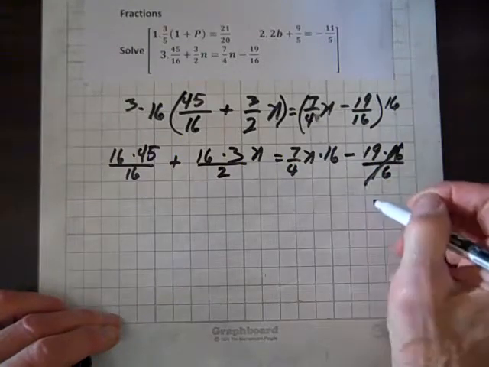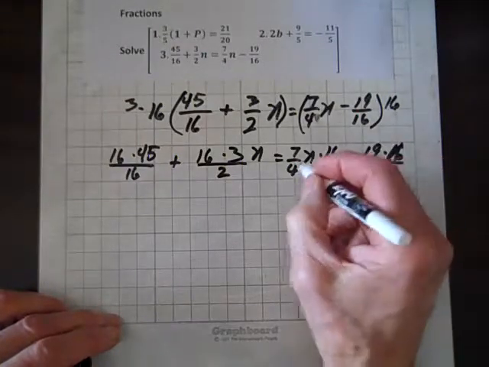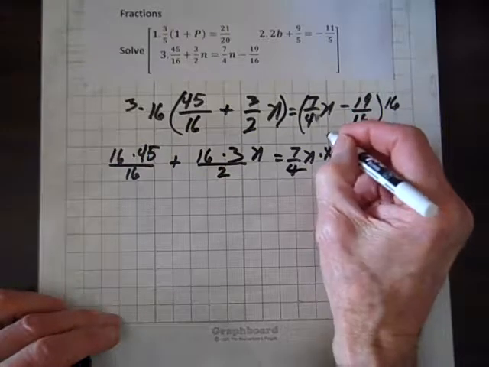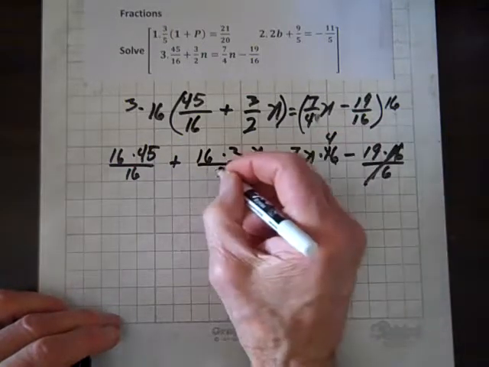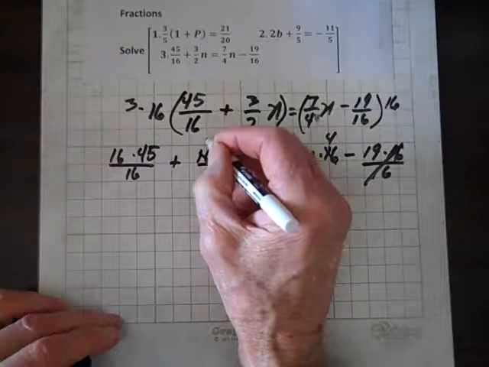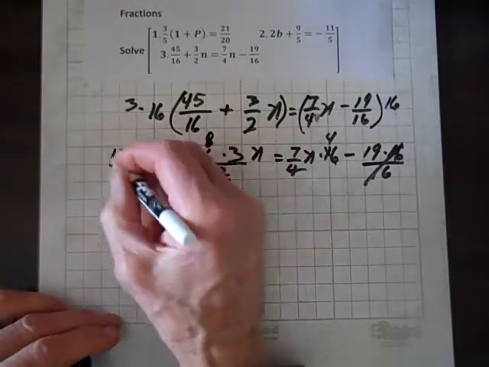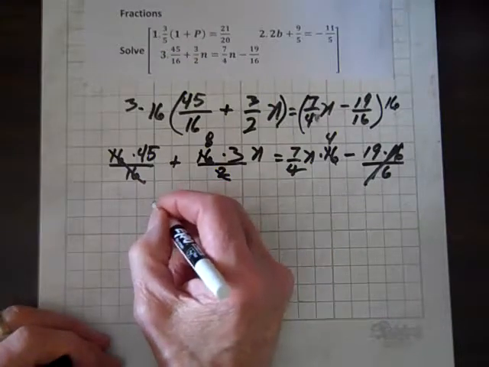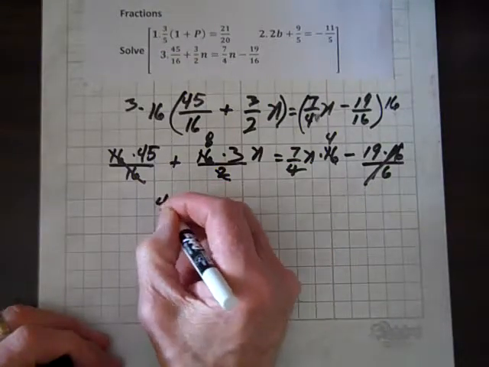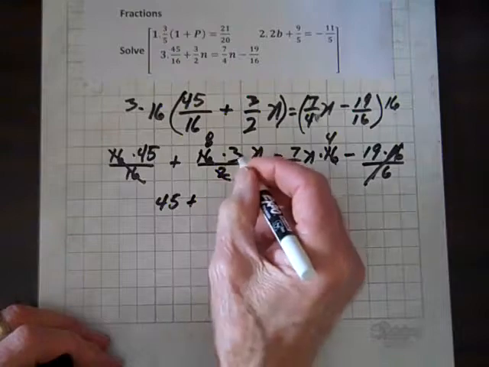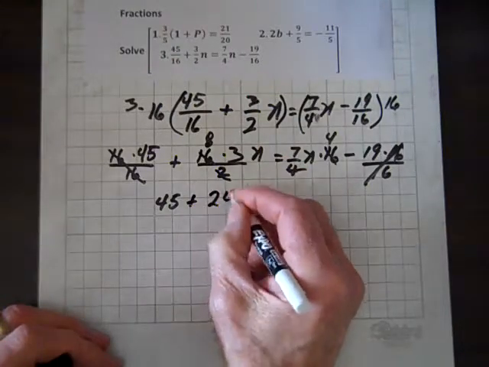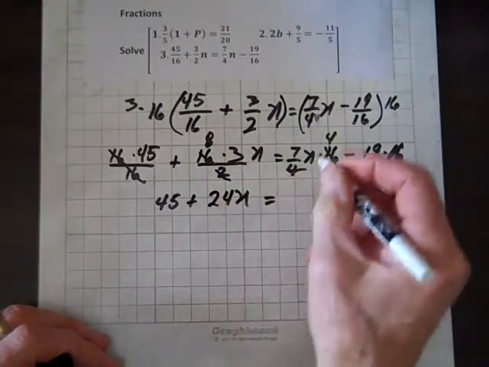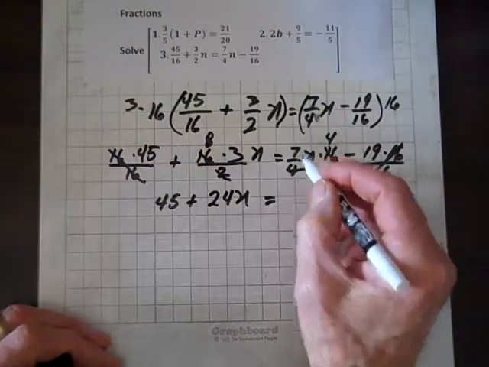Well, notice the 16's divide out here. Here, 4 goes into 16 4 times. Here, 2 goes into 16 8 times. And here the 16s divide out, and we no longer have denominators. Isn't that slick? So we've got 45 plus 3 times 8 is 24n equals, and 4 times 7 is